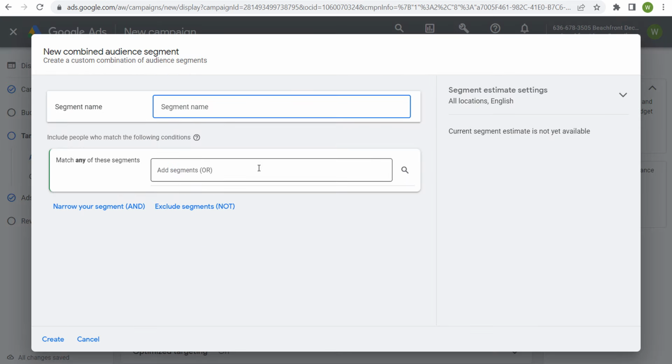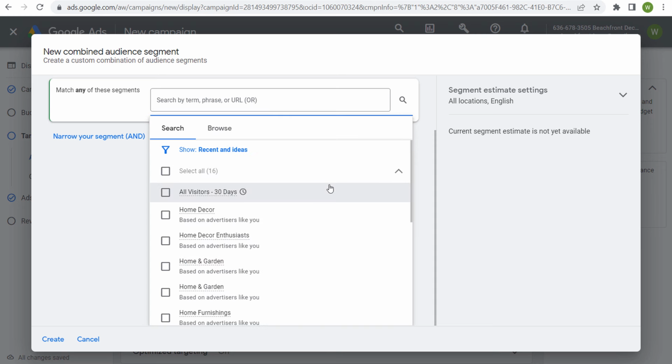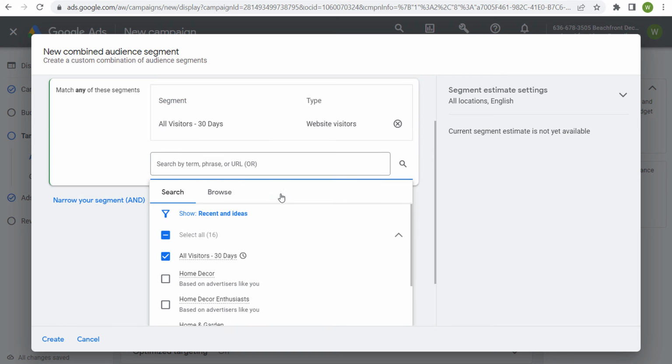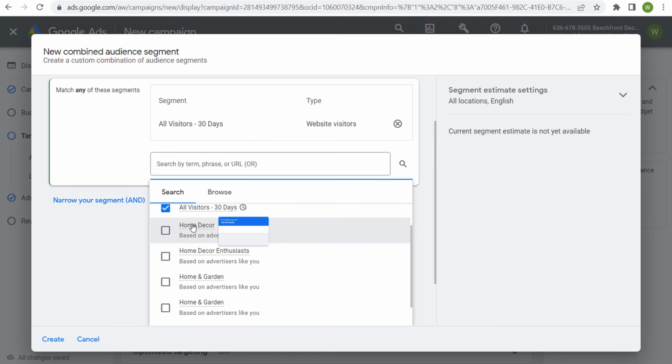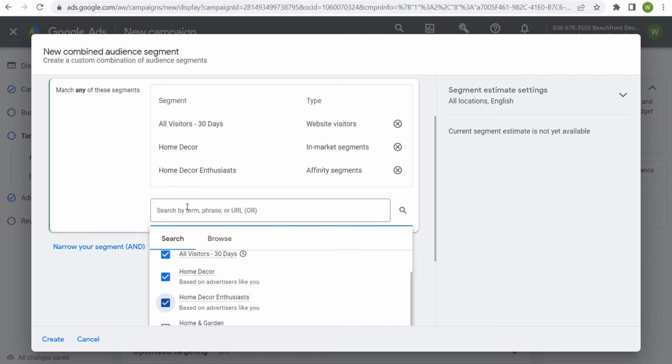And add some of your different segments here. So if you come over to segments, it's going to pull up some of the ones that I've targeted recently. So all visitors over the last 30 days. I can target people who are in the market for home decor. I can target home decor enthusiasts. So you can target some of these different segments here: Affinity, in market, your website visitors, and then you can